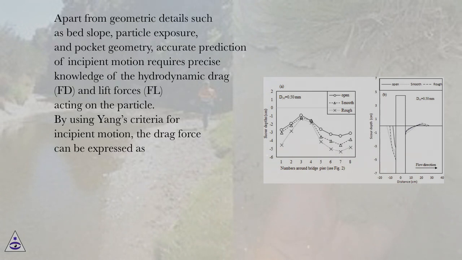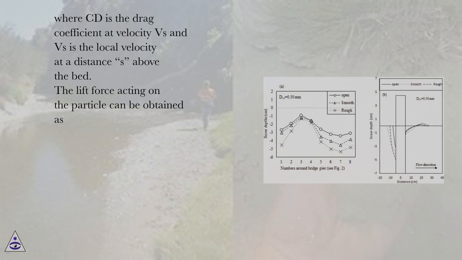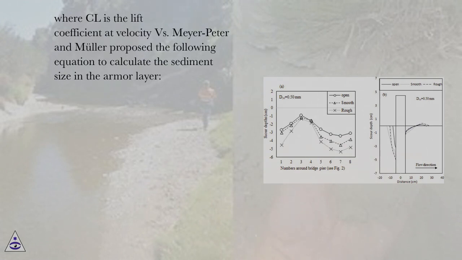Apart from geometric details such as bed slope, particle exposure, and pocket geometry, accurate prediction of incipient motion requires precise knowledge of the hydrodynamic drag, Fd, and lift forces, Fl, acting on the particle. By using Yang's criteria for incipient motion, the drag force can be expressed as where Cd is the drag coefficient at velocity versus n versus is the local velocity at a distance s above the bed. The lift force acting on the particle can be obtained as, where Cl is the lift coefficient at velocity versus